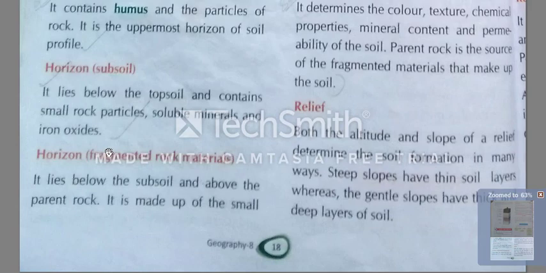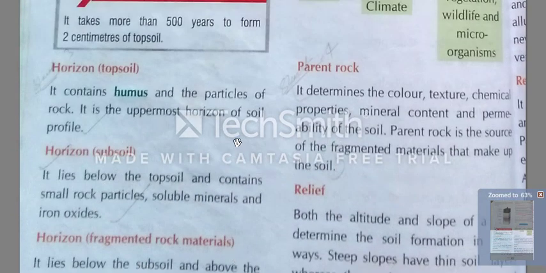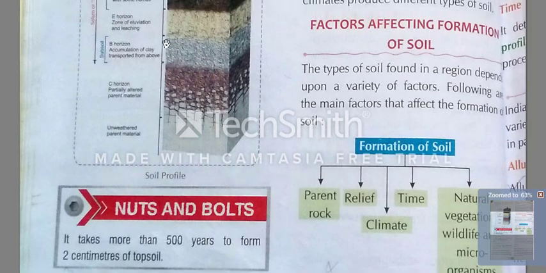We can find the fragmented rock materials below the subsoil but above the parent material. This is parent material, parent rock, and this is subsoil. Here we can find the